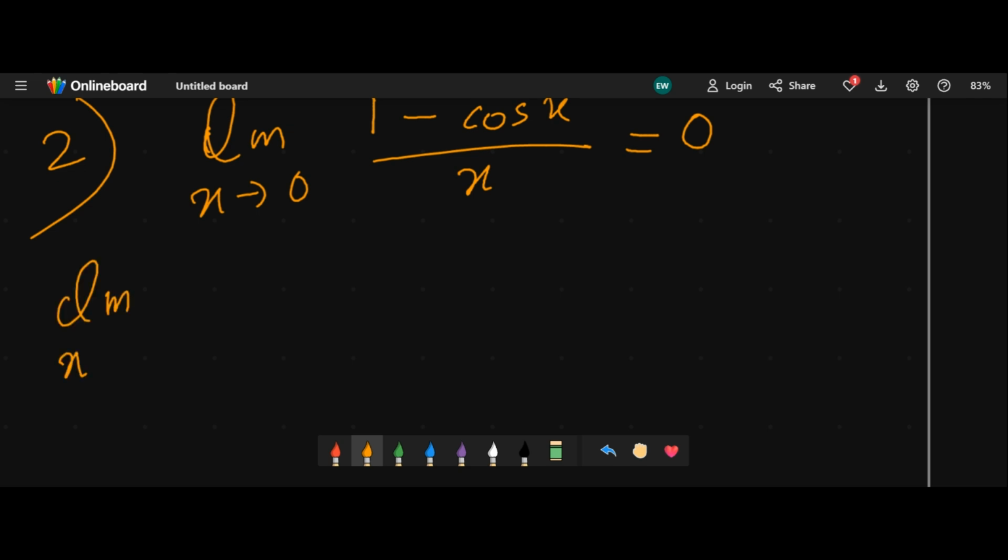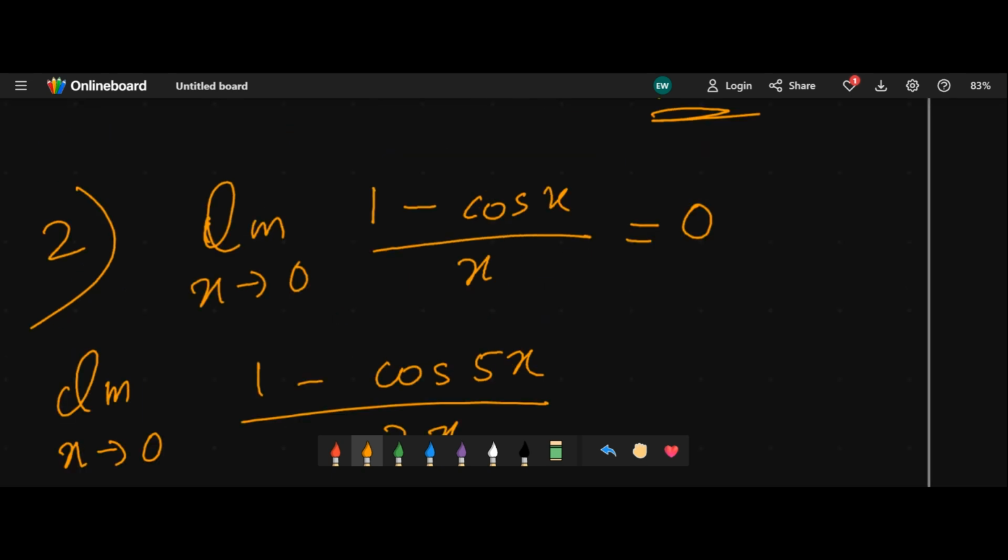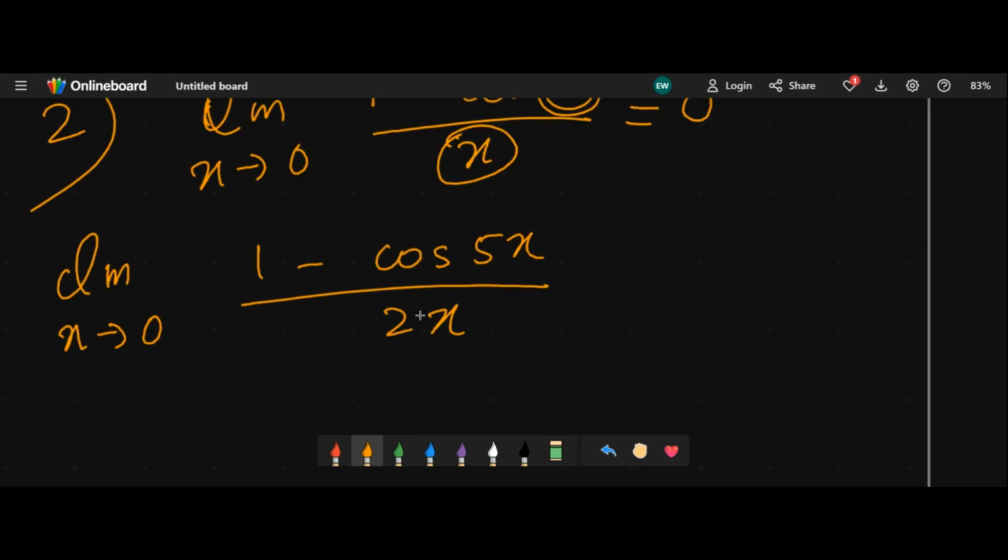Let's say limit x approaches 0, 1 minus cos 5x divided by 2x. So you see here, whatever is here needs to be here. Here cos 5x is there, here 2x is there. So in the down part also you need to get 5x. First of all, we will remove this 2. The 2 is in the denominator, so it means 1 over 2. So half into